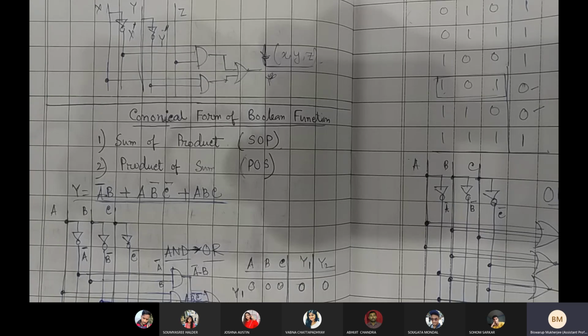Boolean minimization is there. This sort of practice will be helpful, because digital is the kind of subject which requires a lot of practice. It's very easy if you understand, but you need to practice. Unless you practice and think that okay, I know everything, it could be a little difficult during the examination. If the logic somehow gets a little deviated, then that can give you a huge problem. But right now, obviously that won't be a problem, because you are in online mode.